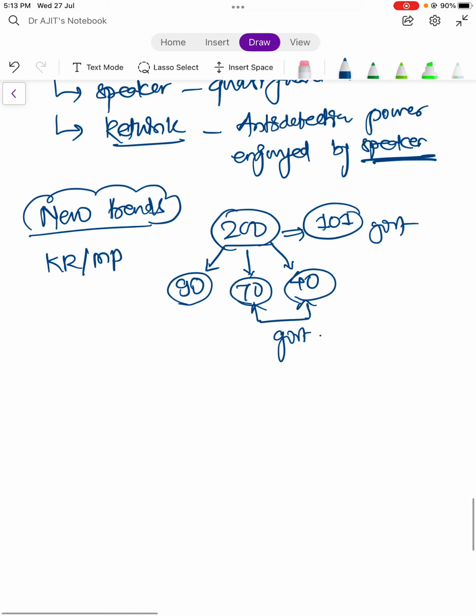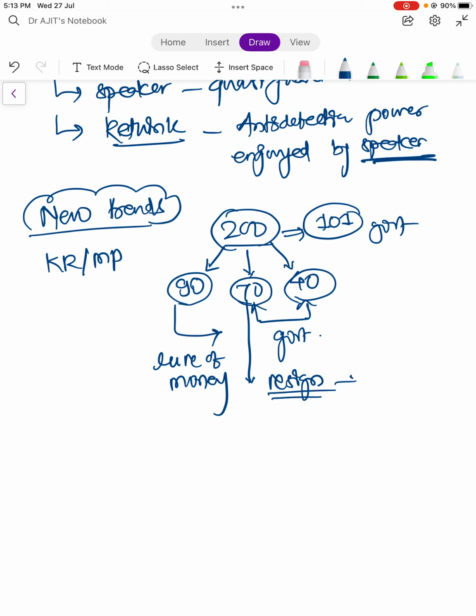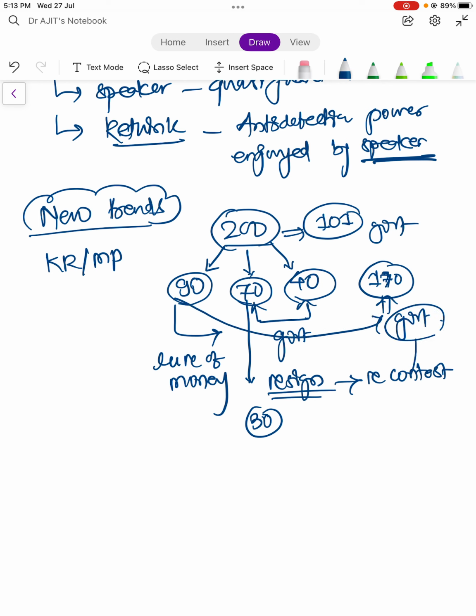But what happens? This political party, under the lure of money, will ask some MLAs to resign, recontest the election on their party and get elected, right? So if 30 come out of this particular party, the actual strength of this assembly becomes 170, and in 170 these 90 can form government, and after forming government they can ask them to recontest and they can get elected. The same thing happened with 17 MLAs